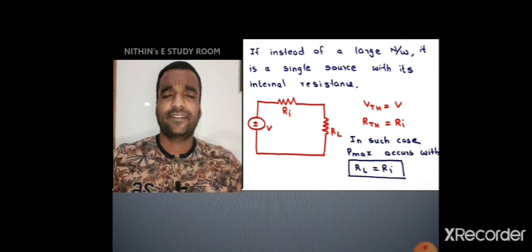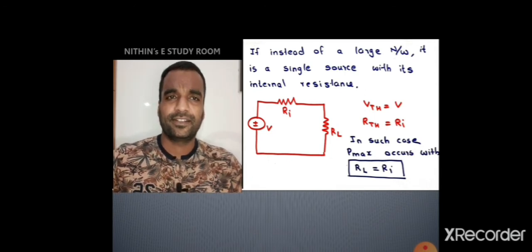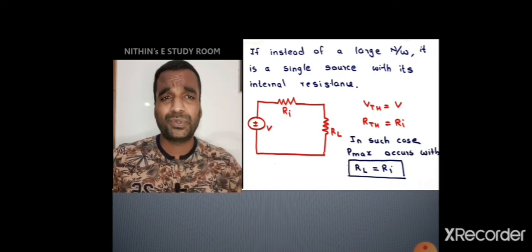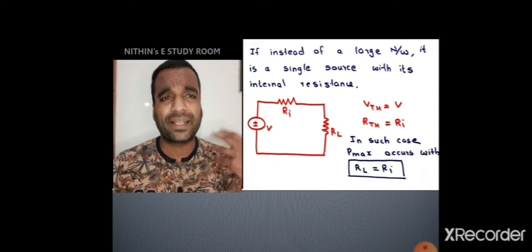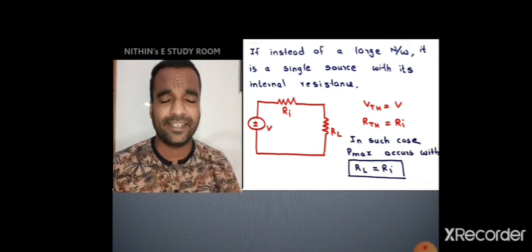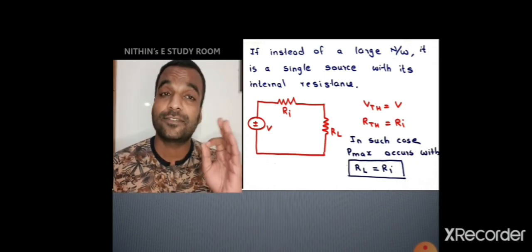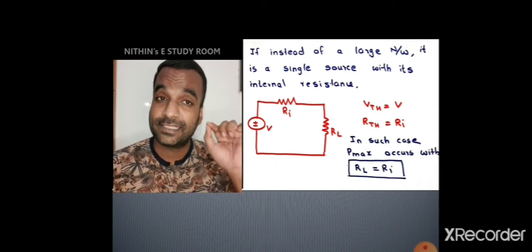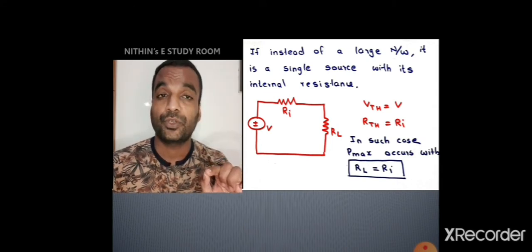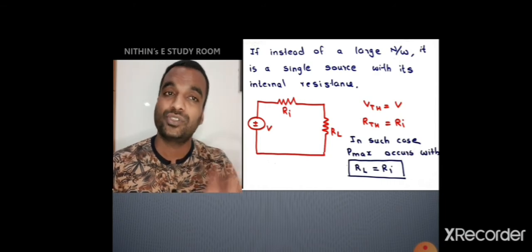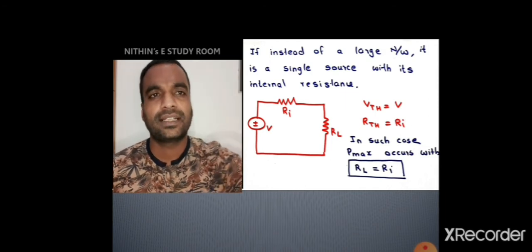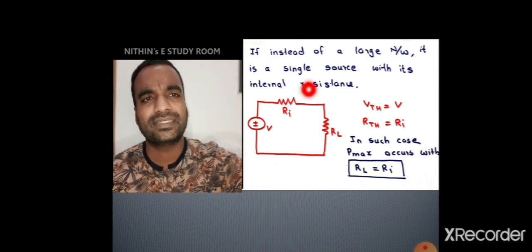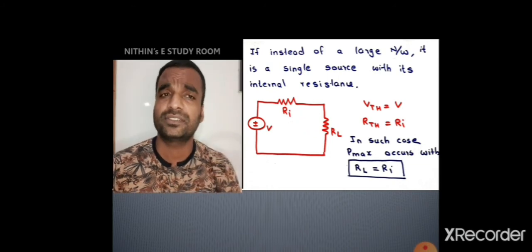And what is Ri? Please see the figure. There is a voltage source and there is its corresponding load resistance RL, because you are connecting the voltage source for powering the RL, for supplying the RL. But what is the Ri in that? We know that if it is a practical voltage source, you may have an internal resistance or a source resistance. That source resistance is normally connected in series with the voltage source. That is Ri. In some cases, you can see it as Rs also, source resistance or internal resistance.